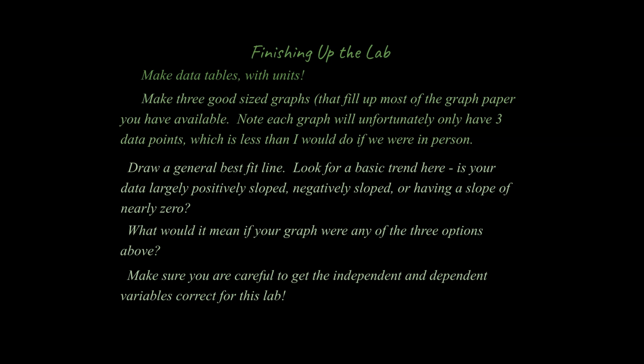So think about what is dependent on what. If it helps, put it into a sentence and see what makes more sense. So for instance, would this sentence make sense? Option 1 would be, the mass of the bob depends on the period of the pendulum. Or option 2 would be, the period of the pendulum depends on the mass of the bob. Which option makes more sense to test? So think about that. Okay, and lastly, you're going to draw your conclusion based on your data, revisit your hypothesis,